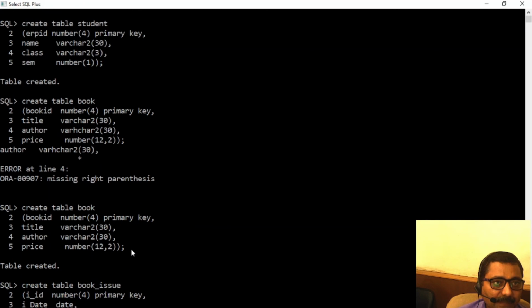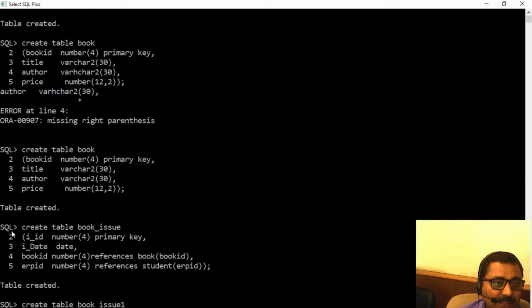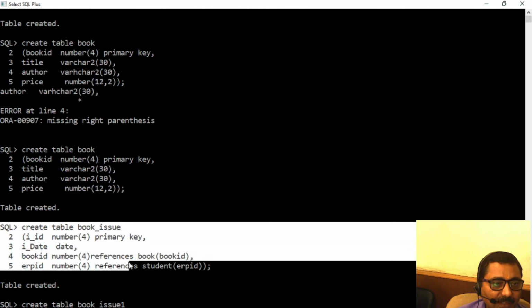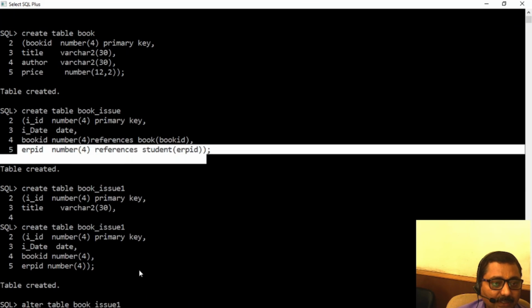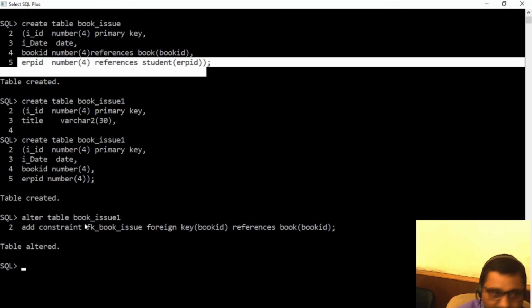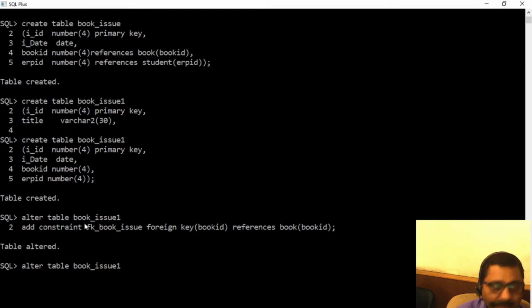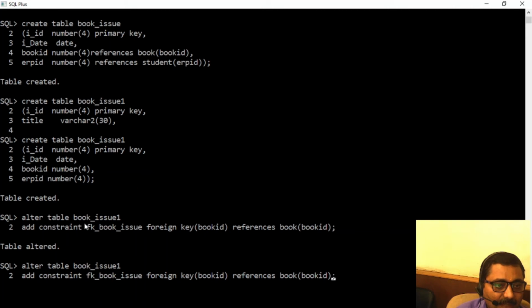Before that we have created a foreign key with the help of create command, and the process to create foreign key was this. The first, this is the second foreign key. Now if I want to add one more foreign key to this, let's see. This is the same. Add constraint foreign key book issue, that is fine. For which ID? That is ERP ID.